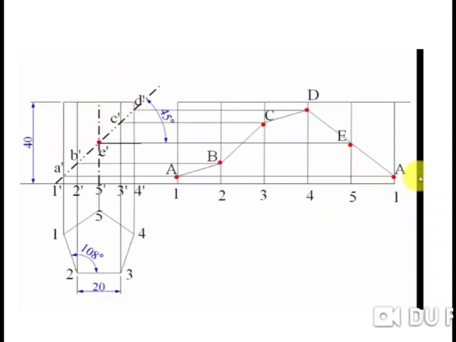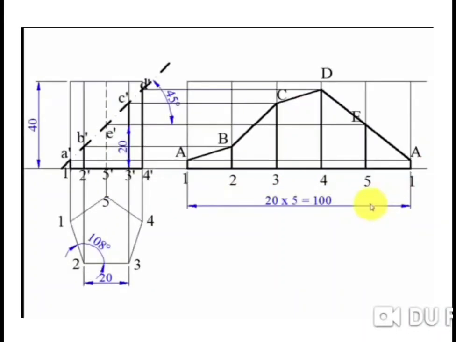So 1 to A is dark, 2 to B will be dark, 3 to C will be a dark line, 4 to D will be a dark line, 5 to E will be a dark line. The base of the pentagon does not come under the cutting action, so this base will be dark. Here is the pentagon. That is the required output answer for the development. If I fold it and bring 1 to A and 1 to A to match, I will obtain the pentagonal solid of this shape. Okay, thank you.